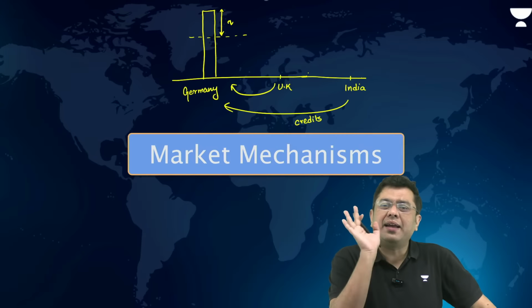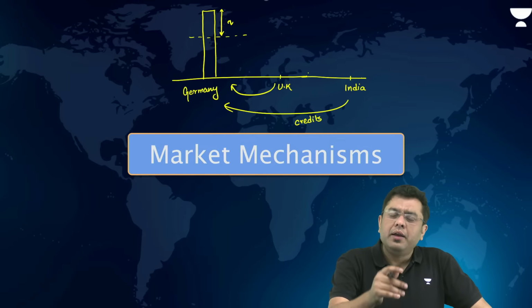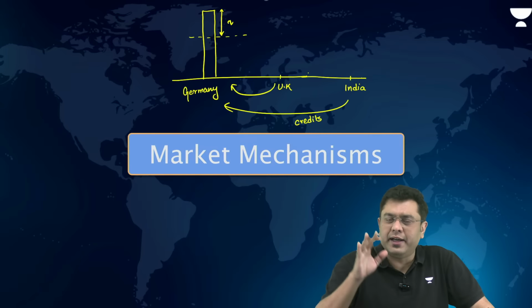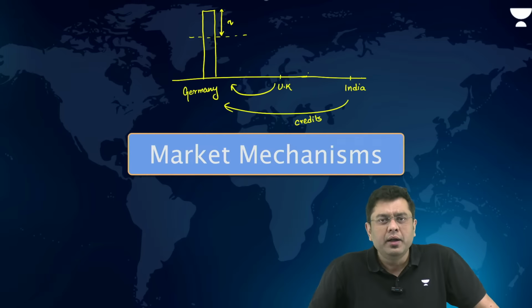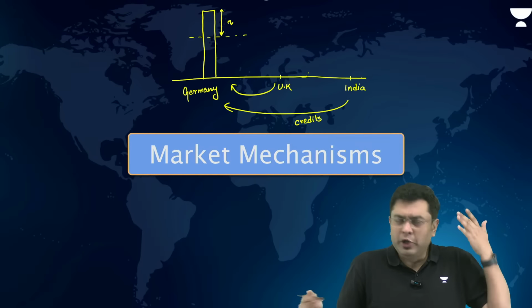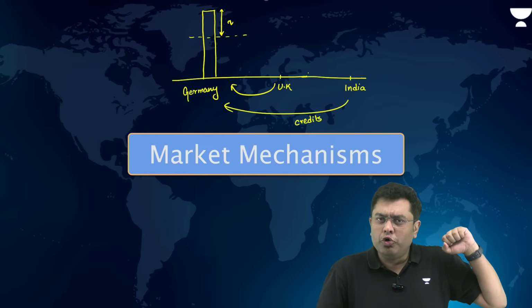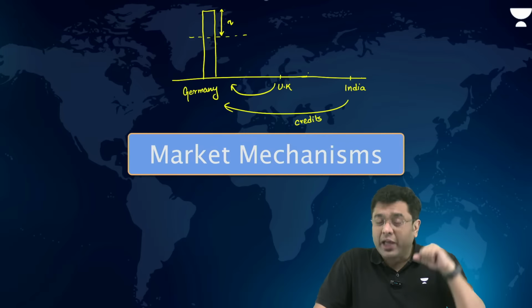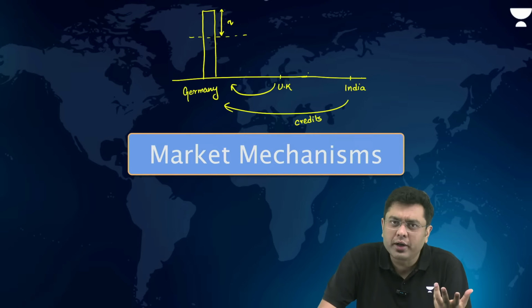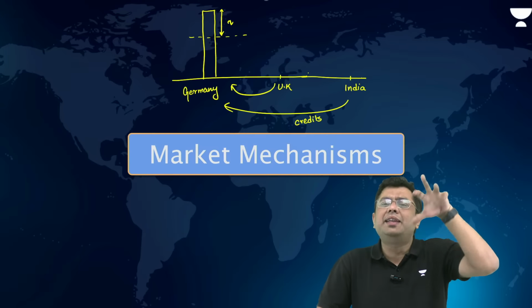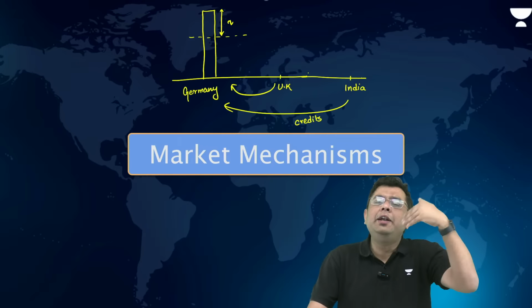The reason for that again is simple. You see, if today India gets a target that you have to reduce your emission by 240 tons of carbon dioxide equivalent, India won't be able to achieve that in 1 year. What will you stop? Will you stop the vehicles from moving on the road? Will you stop the construction activities which are happening? Would you shut down your thermal power plants? Would you shut down your iron and steel plants? Obviously not. So even if you want to reduce emission, you have to set a 5-year agenda, 10-year agenda, and then you begin to act on that.